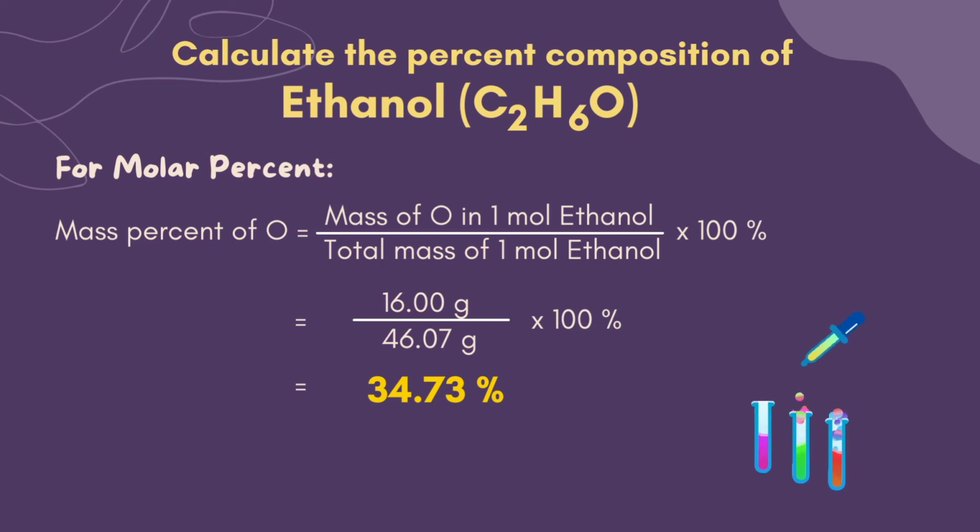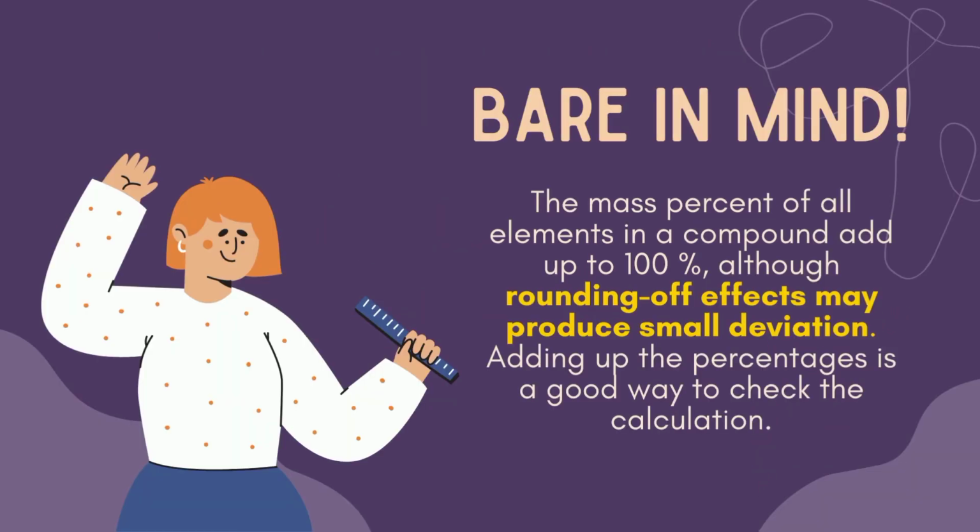Lastly, we have the mass percent of oxygen. Same process as we did with carbon and hydrogen. The mass of oxygen is 16 grams divided by the total mass of ethanol, which is 46.07 times 100%, and rounded off to the nearest hundredths, the final answer is 34.73%. Bear in mind, the mass percent of all elements in a compound add up to 100%, although rounding off